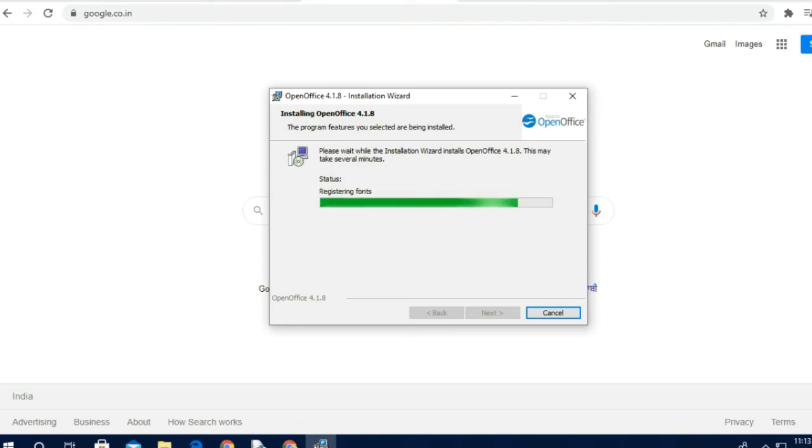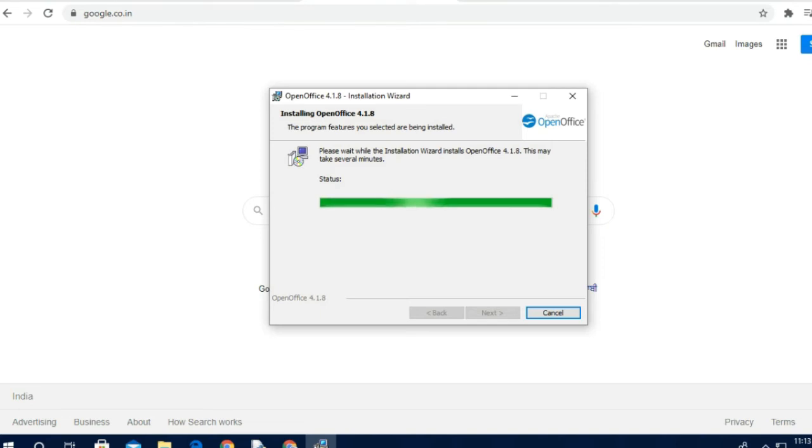Okay, now let me tell you why we prefer OpenOffice. Different versions of OpenOffice are available on the server. Whatever version you want, you can download from there. Preferable languages are also available. While downloading, take care whatever option is highlighted: if English is highlighted, then you will be downloading in English, otherwise you can change the language there also.